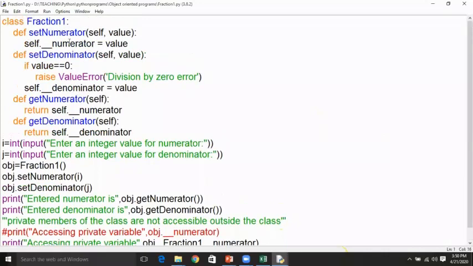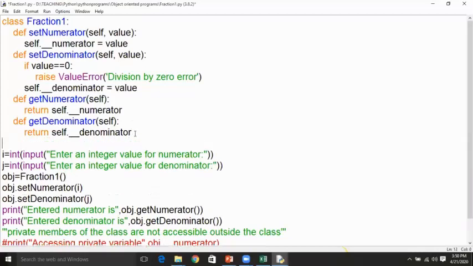Fraction 1 is the name of the class, followed by open brackets. So this is called default parameters. There won't be any parameters when you are creating an object in this particular example program.